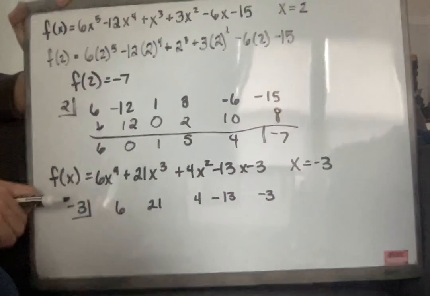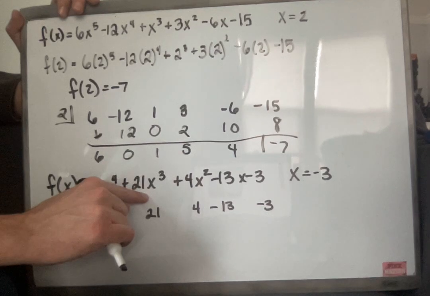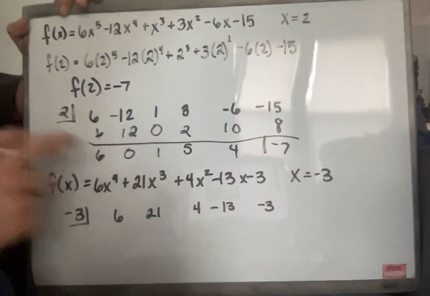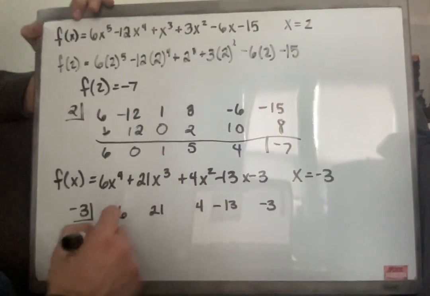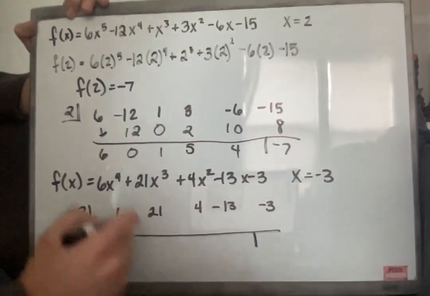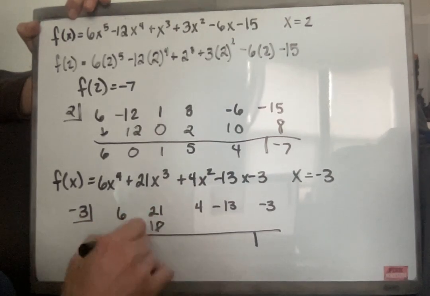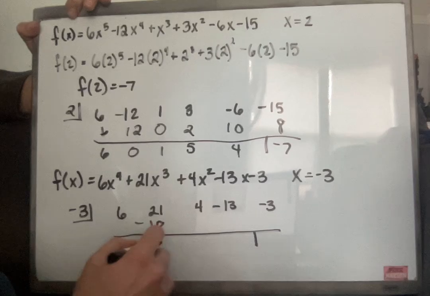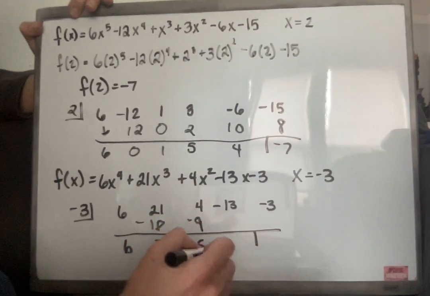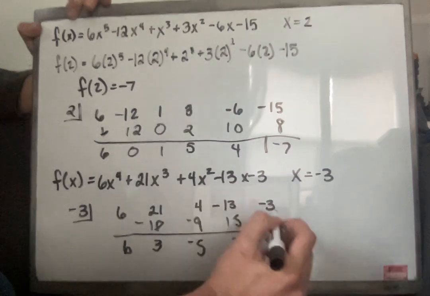So the next example is I'm going to have 6x to the fourth plus 21x to the third plus 4x squared minus 13x minus 3. So I wrote all those coefficients out, and I'm going to put negative 3 in the box, and then I'm going to synthetically divide. So I'm going to drop the first one, multiply by what's in the box. So that's negative 18, add, which is 3, multiply, which is negative 9, add, which is 5, multiply, which is 15, add, multiply,